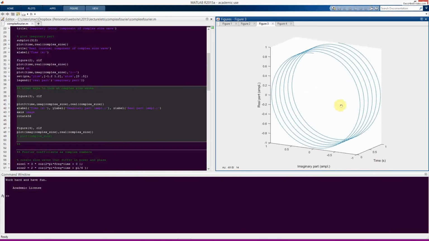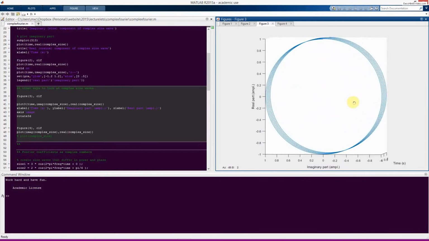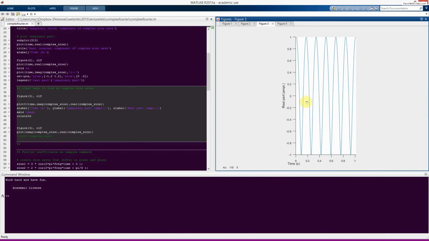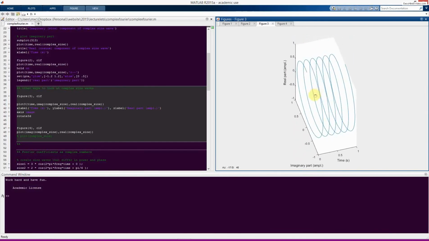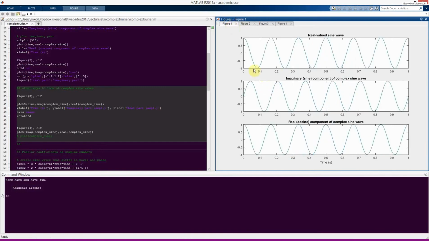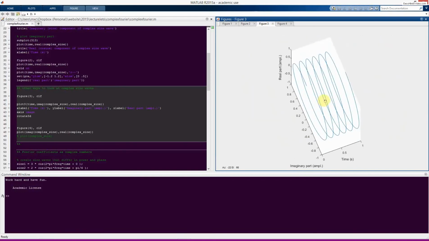And now if we were to rotate this axis to project through the imaginary axis, and just, oops, that's not what I wanted to do. This is what I wanted to do. Through the imaginary axis, so now we just see time and the real part. Now you can see this is the familiar looking cosine, and we can do this the other way and project through the real axis, and now we see the time axis and the imaginary axis, and now you see this looks like the sine component. So in fact, when you look at plots like this, really these are just projections onto two axes of a three-dimensional